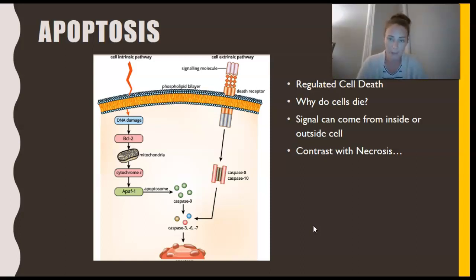So programmed cell death. Why do cells undergo apoptosis? Lots and lots of reasons. During growth and development, there are so many tissues that need to be turned over or are no longer required. So tissues of the umbilical cord or tissues in the webbing in between fingers as the embryo is developing. They are cells that are eventually no longer needed, so they are programmed when they are developing. They have it written into them that this growth and development is going to result in cell death.